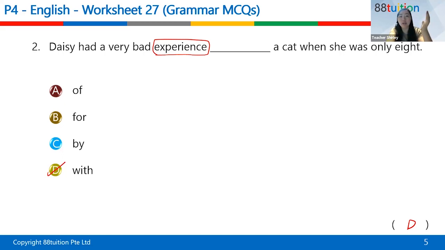So it is more like a practical contact with or an observation of facts, or it can be an event that leaves an impression on someone. Obviously, it is a bad experience, so it definitely left an impression, but probably a bad impression. Okay, with the cats.